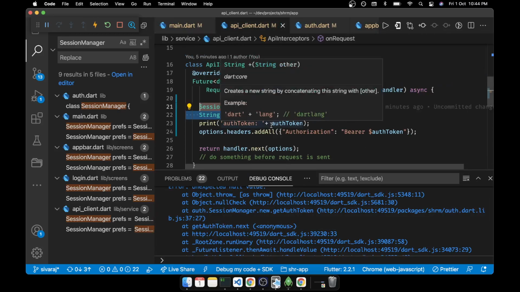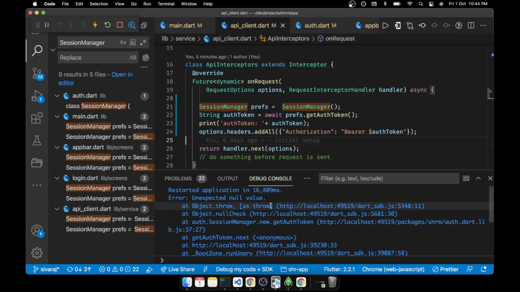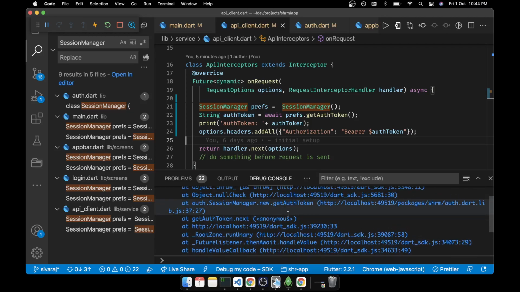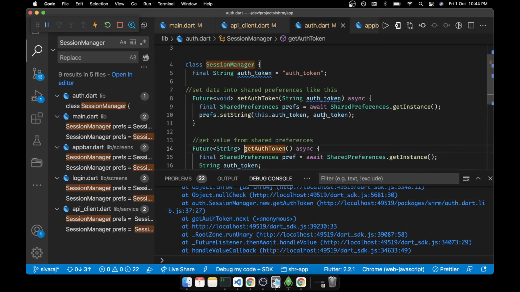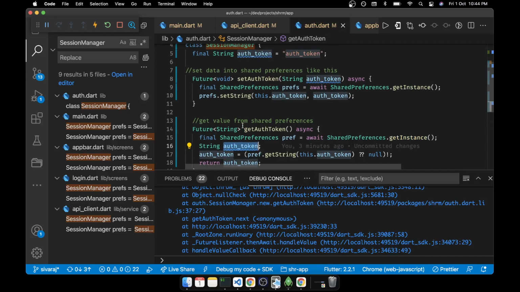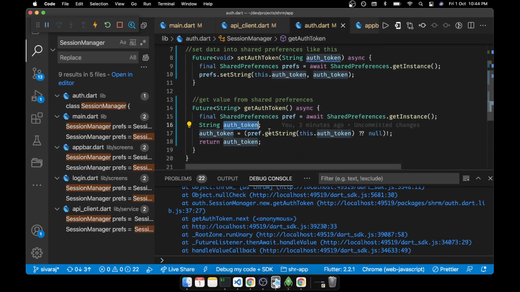Maybe API client. Get auth token, what it does, it takes the preference and then tries to look for the auth token.